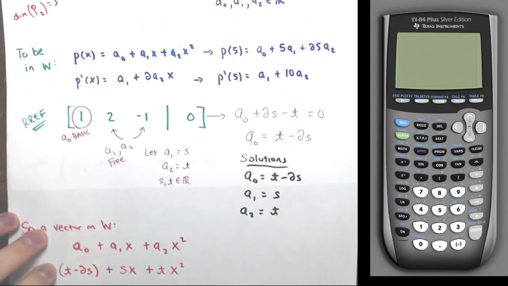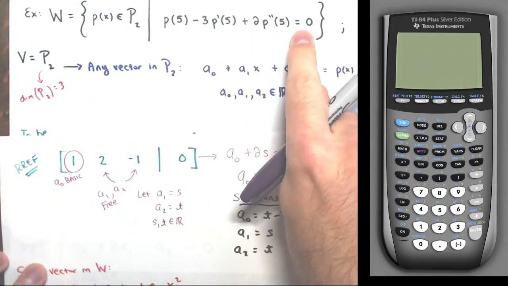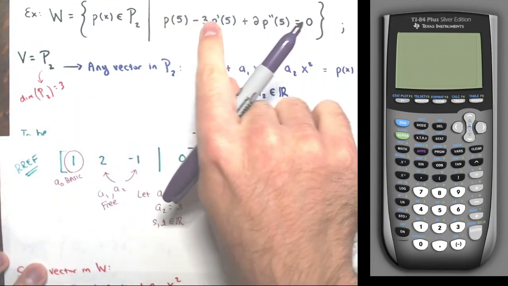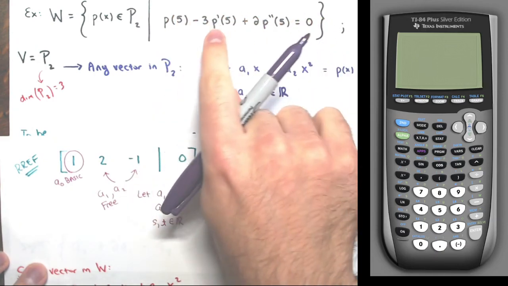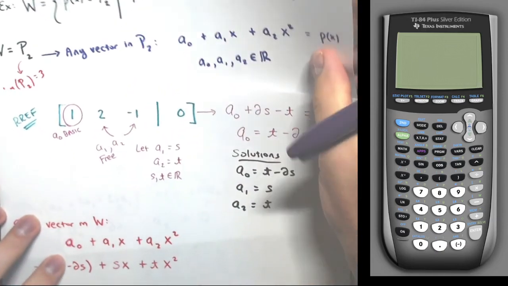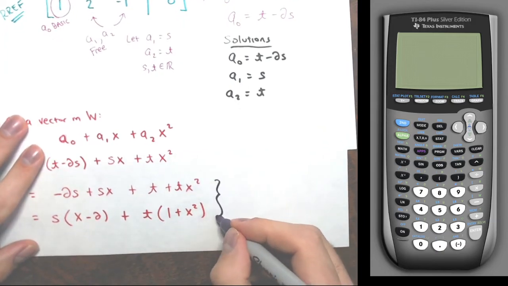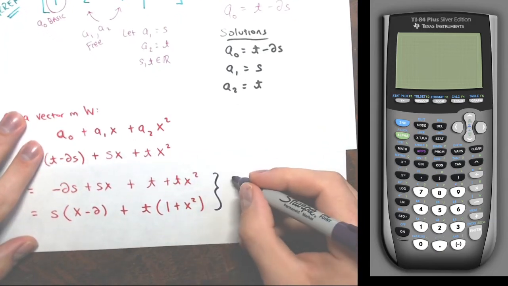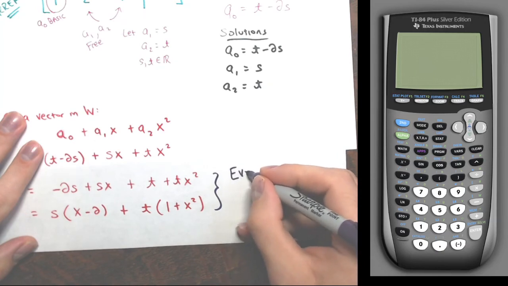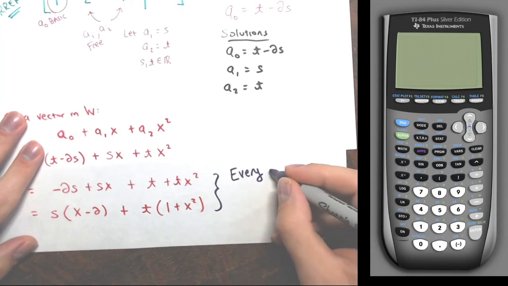Probably because it was a hard thing to think of. What are vectors that actually satisfy this? What are polynomials that satisfy this? It's kind of difficult to think of. But we can see now, right? This line here tells me that every vector in W, every polynomial in W,